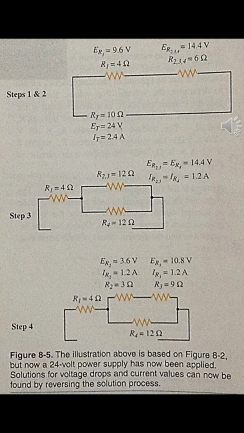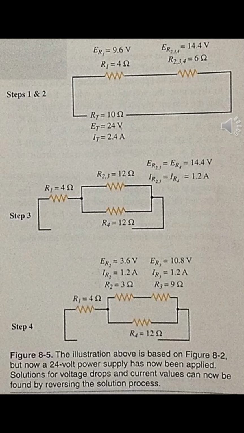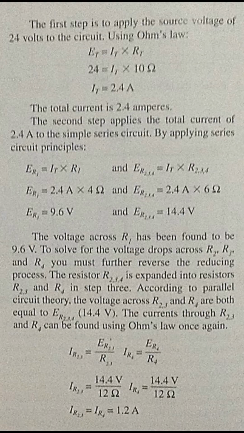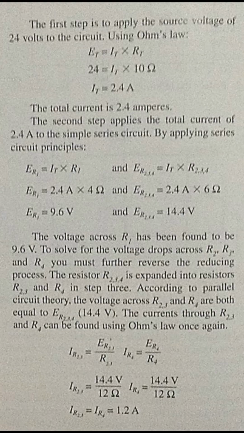To solve for the voltage drops across R2, R3, and R4, you must further reverse the reducing process. The resistor R234 is expanded into resistors R23 and R4 in step 3. According to parallel circuit theory, the voltages across R23 and R4 are both equal to ER234, or 14.4 volts. The currents through R23 and R4 can be found using Ohm's law once again. The current at R23 equals the voltage drop at R23 divided by R23. So the current at R23 equals 14.4 volts divided by 12 ohms,